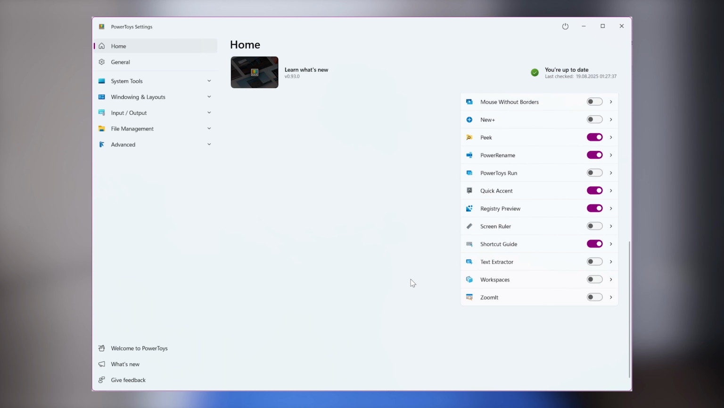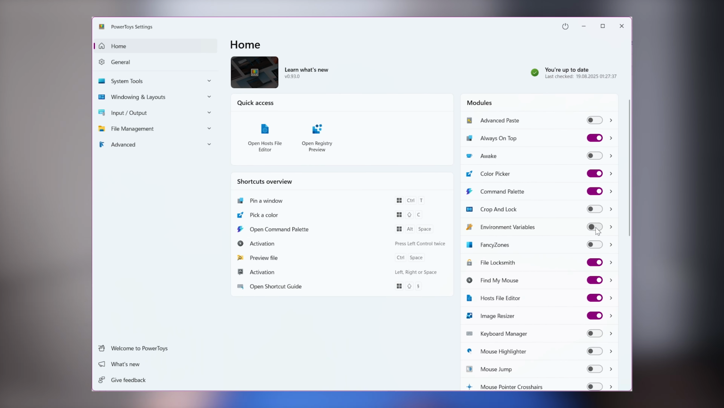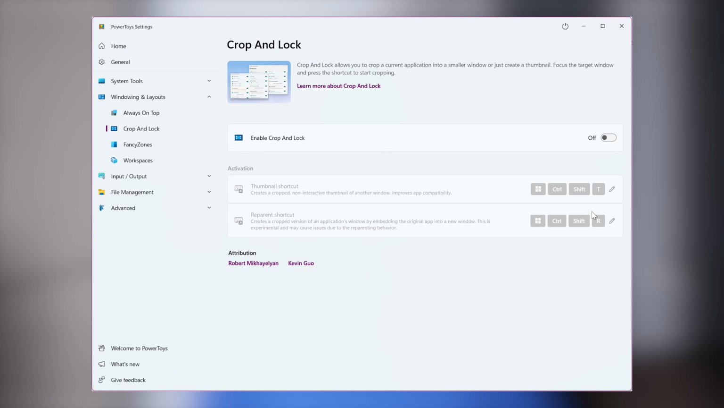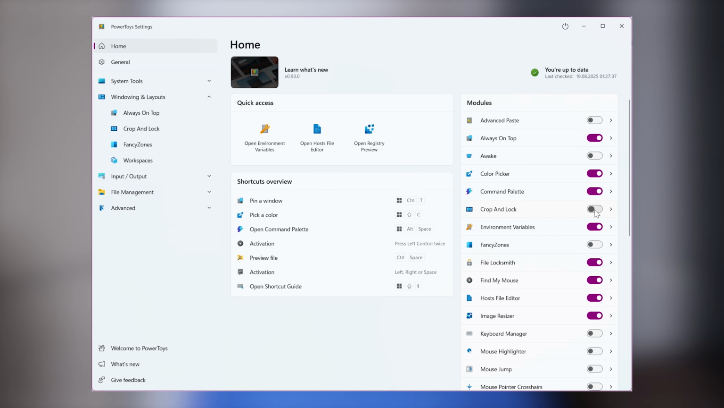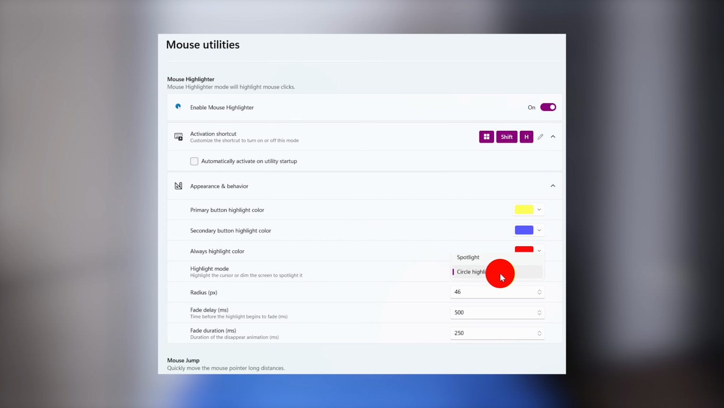PowerToys version 0.93 comes with a completely overhauled dashboard page in the settings, where you can now easily see all the shortcuts of your enabled modules, and you can directly enable and disable different modules on the side. Mouse highlighter now has a spotlight mode. It uses the always highlight color and basically inverts it so that it works similarly to Find My Mouse, but